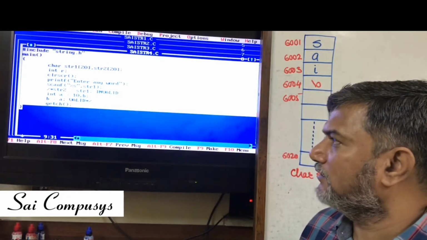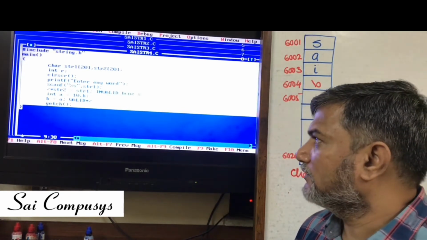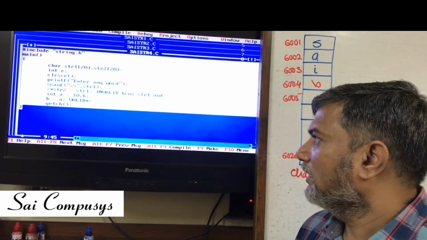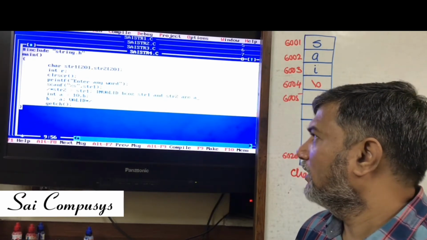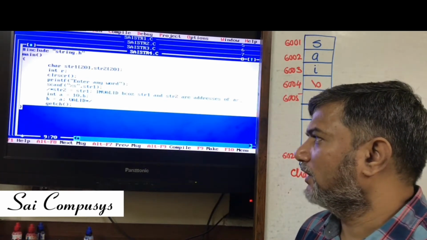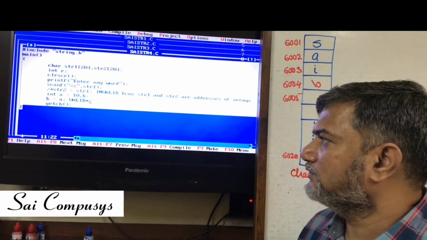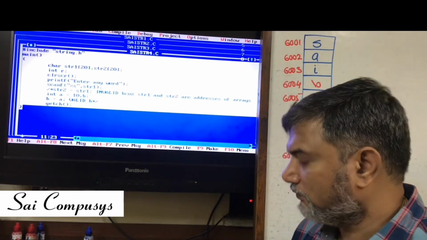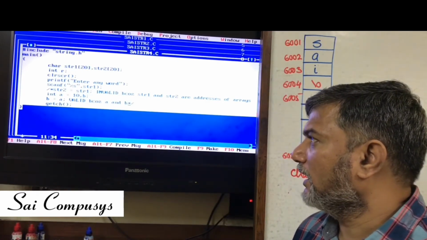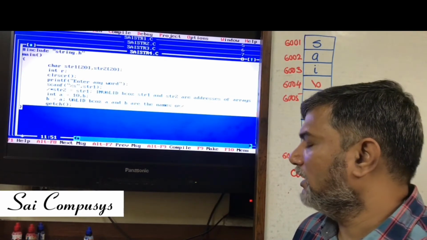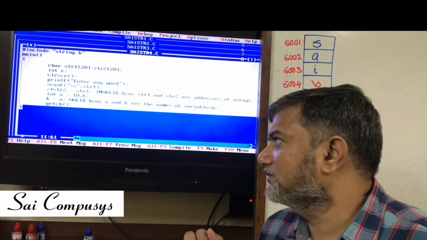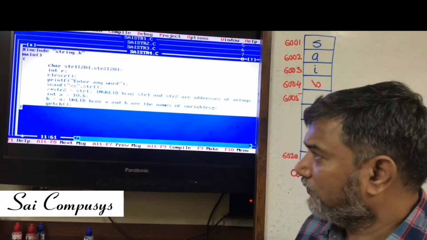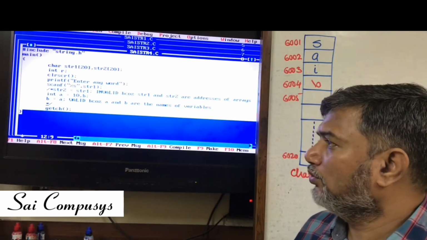Let me write down the reason for you. Because str1 and str2 are addresses of arrays. And why is this valid? Because A and B are the names of variables. So, how to go about this now?